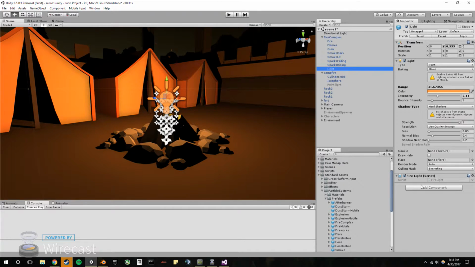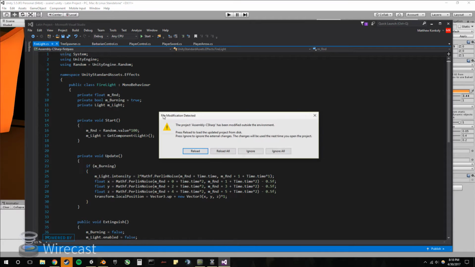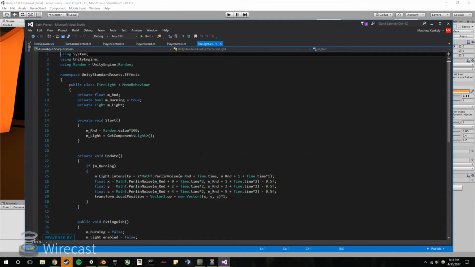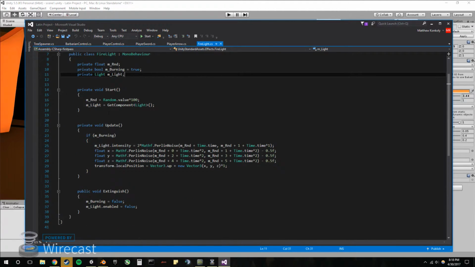I wonder how this firelight actually works. Let's take a little look, see what they're doing here. Alright. Firelight, private float random, m burning. It sets the random to a random value, gets the light component of the light. If burning, which it will be, light intensity. Okay, so each time it basically